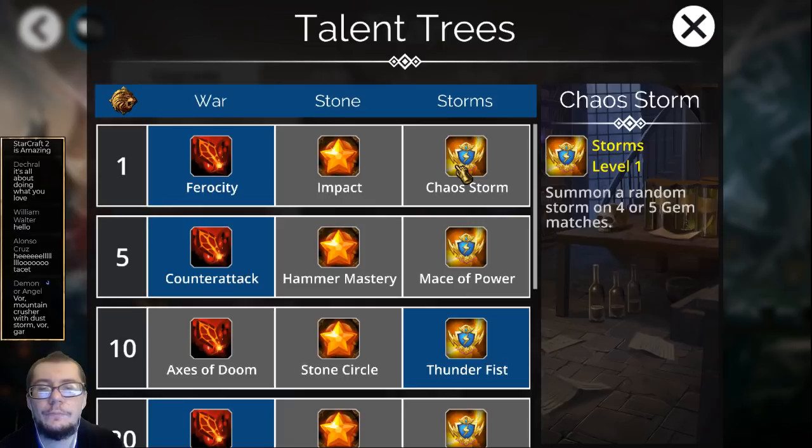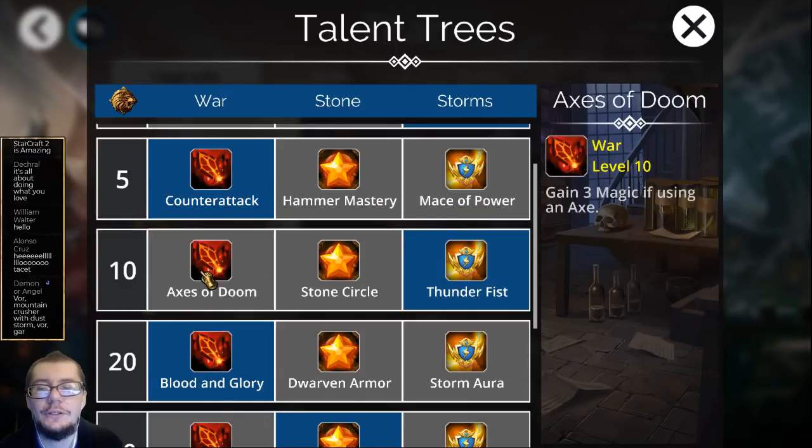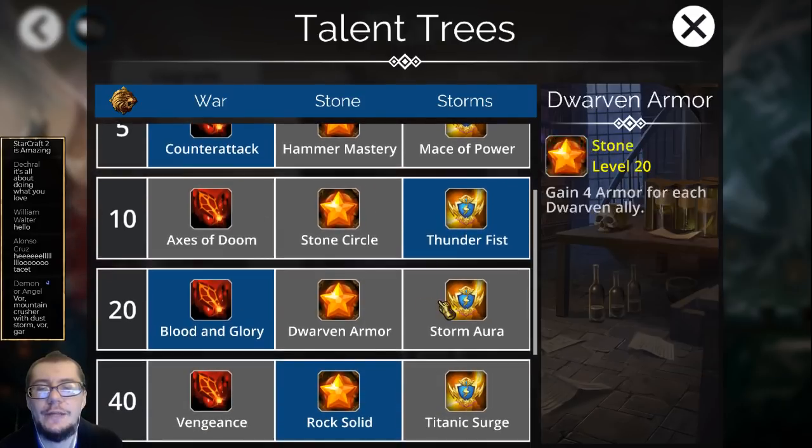So... that technically would be one. Summon a random storm on 4 times 5 times matches. Next one would be none of these. All three of them are horrible, so you would never use any of them. Next one would be the all yellow allies gain 1 magic. Next one after that would be...